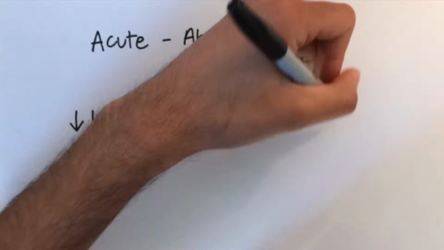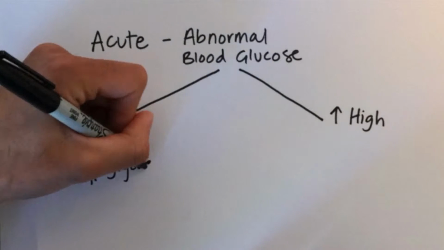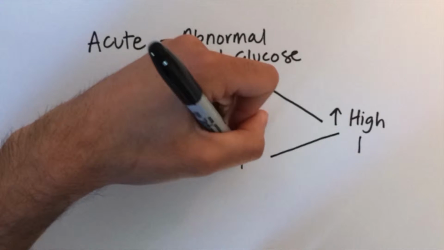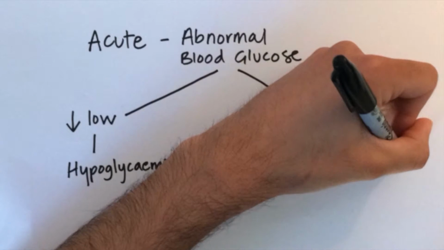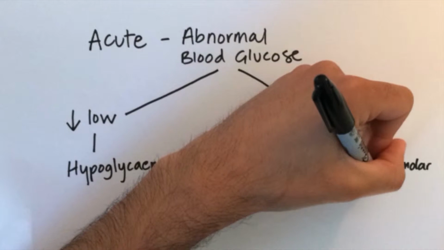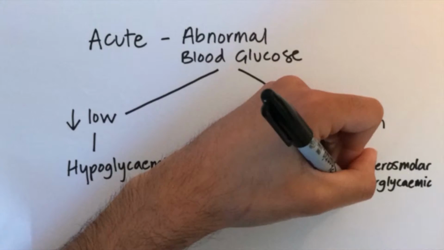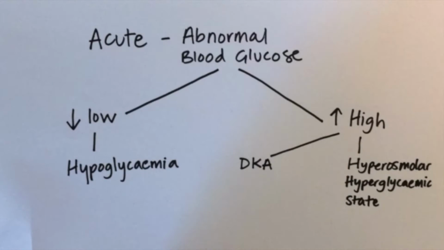This can either be too low, as in a hypoglycemic episode, or too high. There are two conditions where a high blood glucose level is present: diabetic ketoacidosis, which usually occurs in type 1 diabetics. Here there's a combination of hypovolemia due to the osmotic diuresis from a high blood glucose level and an acidosis due to the ketone production. The other condition occurs in type 2 diabetics where there is a minimal ketone production. This is known as hyperosmolar hyperglycemic state, or previously hyperosmolar non-ketotic state, and is equally serious due to the severe